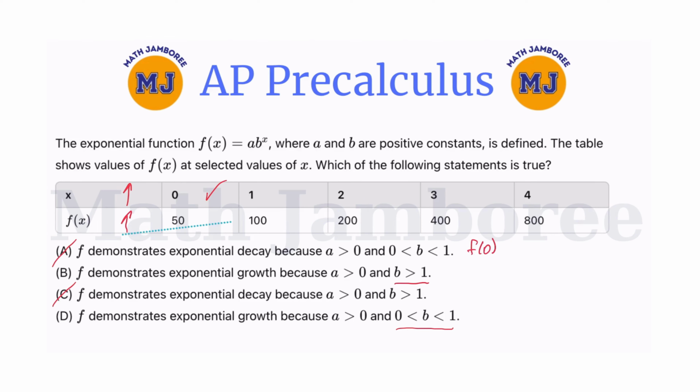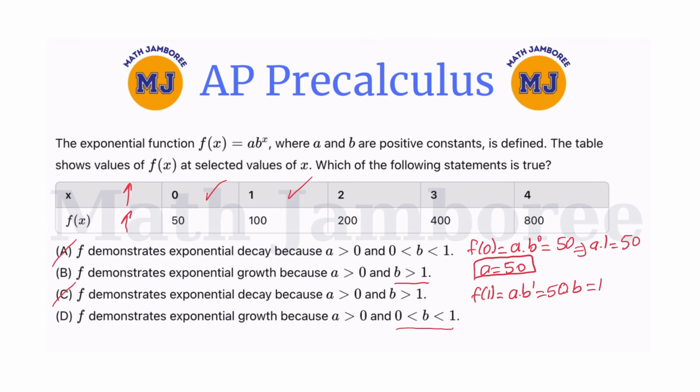f of 0 is equal to a times b to the power of 0, which is 50. Which means a times 1 is 50. So this gives us a as 50. So a is 50. I'm going to use now the second data, f of 1: a times b to the power of 1, which is 50 times b, sorry about that,